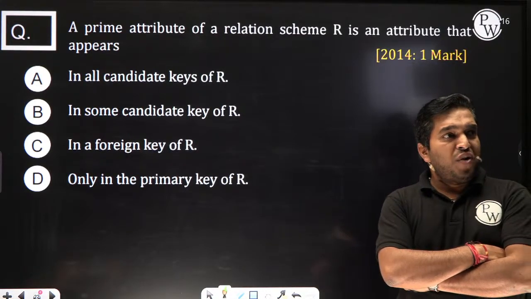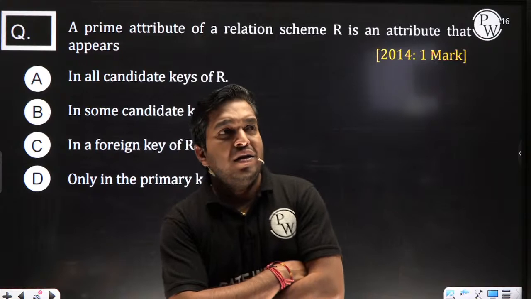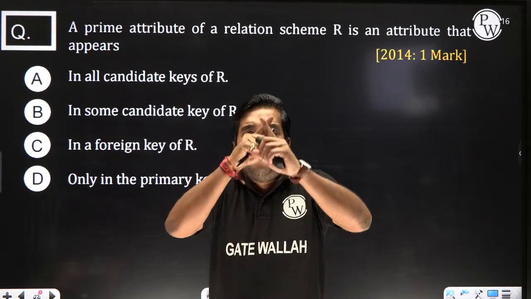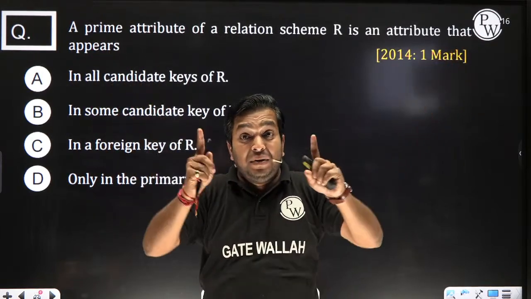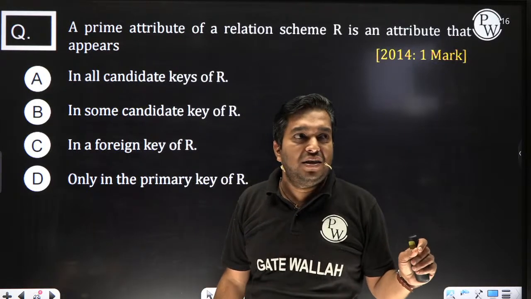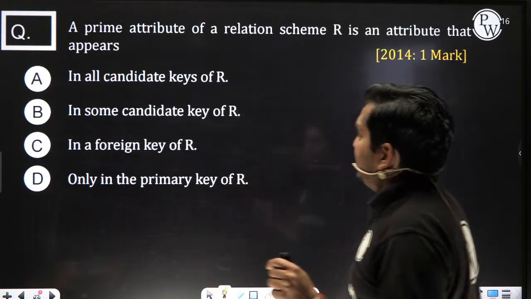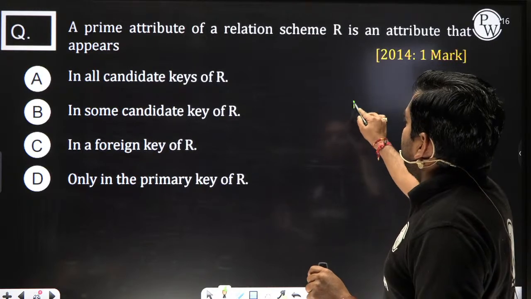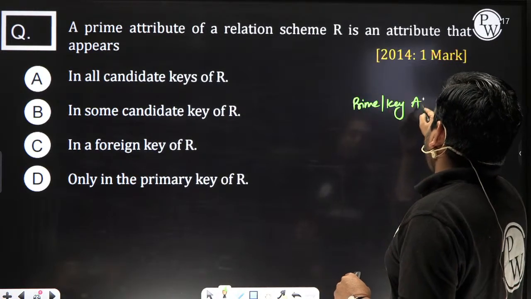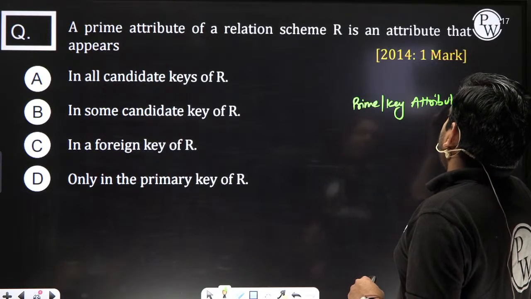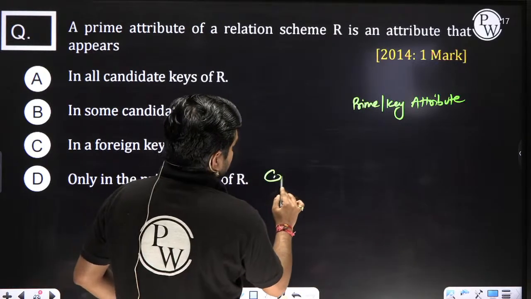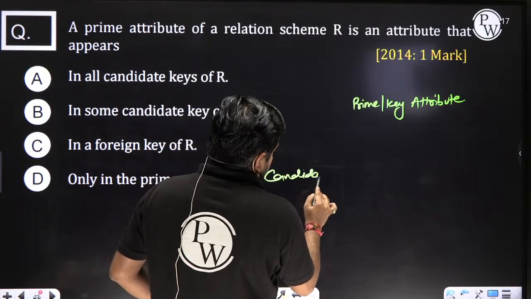Some places you find all candidates. That is completely wrong, my dear. Clear, bacha? Now, listen to what I am saying. Prime attribute, what? You can say a prime or key attribute is one that is present in any of the candidate keys. For example, for a candidate key